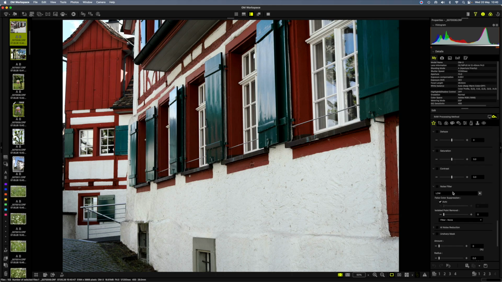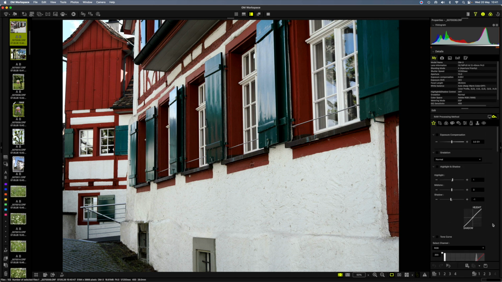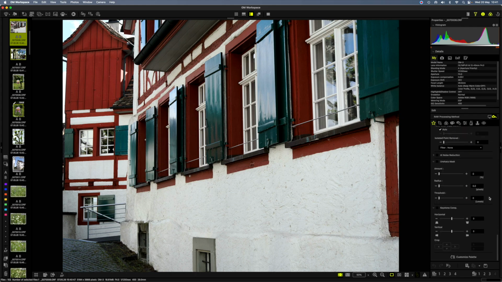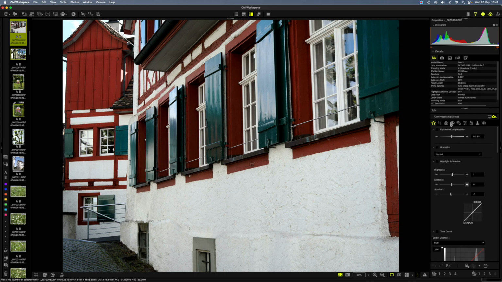And then the noise filter. So this is the normal noise filter. Now you would see Workspace automatically select the auto here. I never do that. This is my personal editing palette here. You can configure that right at the bottom. There's an option to configure that. And I basically take functions from each one of these and put it into this one here, and I organize it in a similar way to the flow diagram that I showed you.